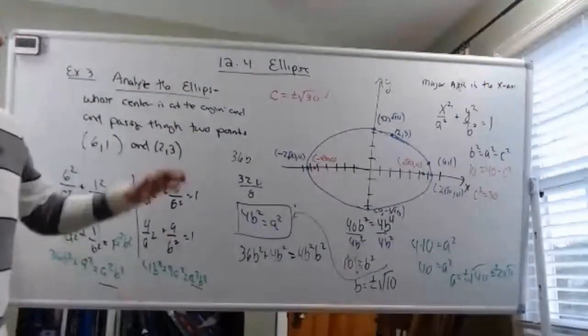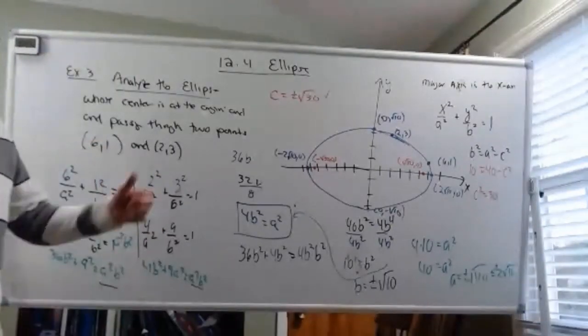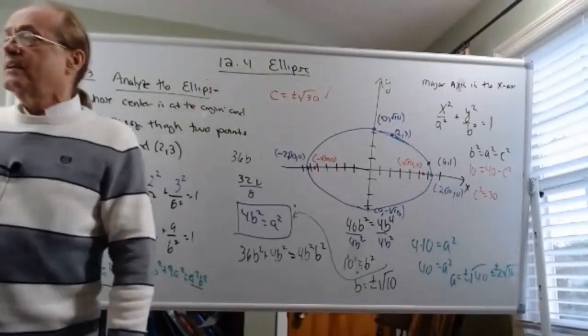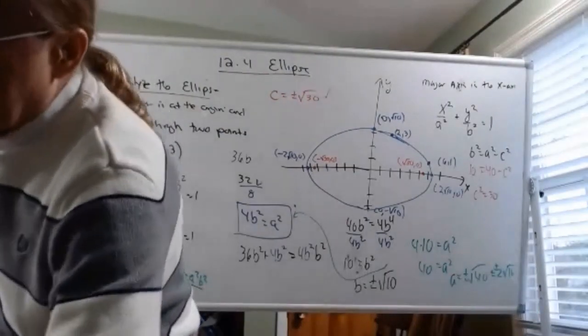Okay, so those are the sorts of problems when you analyze an ellipse. It's the ABCs of an ellipse. So we have a few minutes left today. I want to